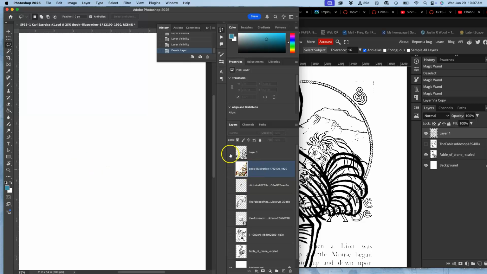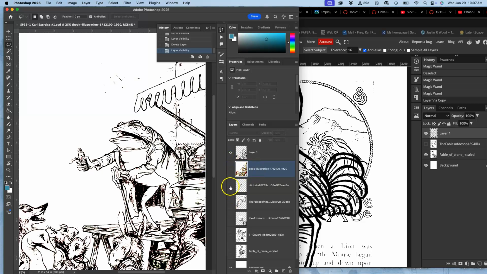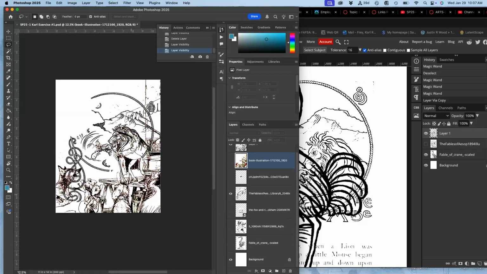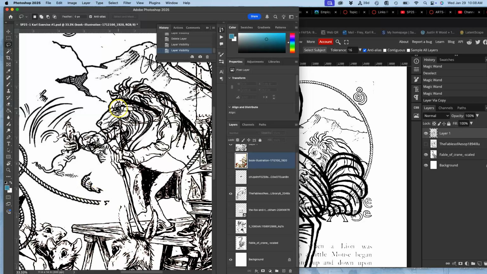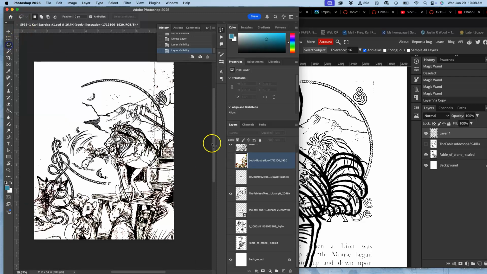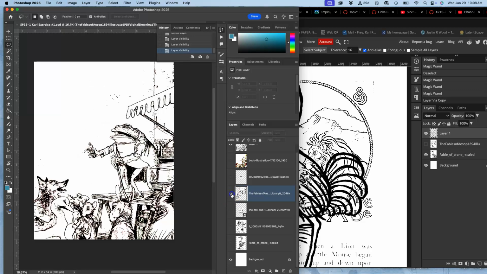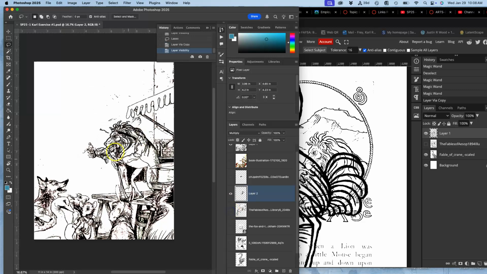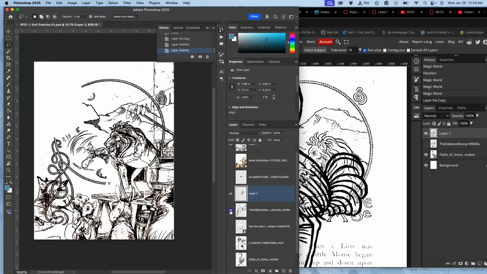So sometimes when you're doing your jumble, you might want to have something that repeats. So right now I have this lion's head here. What if I want to use that lion's head somewhere else? Well, what I can do is select that layer, and a good way to figure out what layer it is is to use the eyeball. And then use my lasso, select around it, I'm just going to do it roughly here, and then hit Command J. And now that isolates a copy of that lion's head onto a new layer,